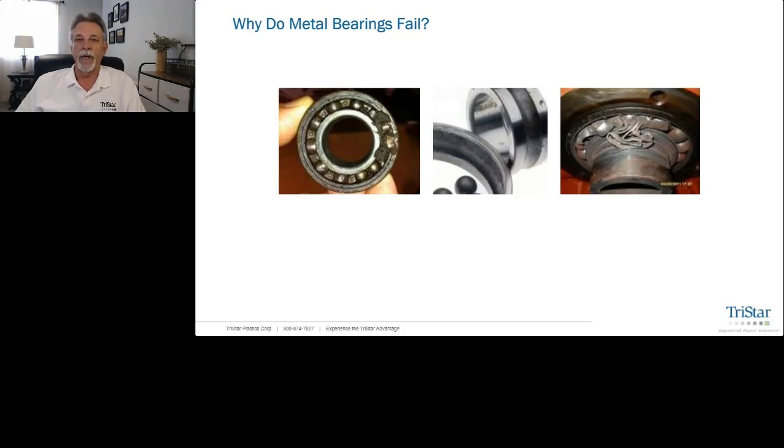We have a lot of different options in terms of non-rolling element materials. And so what we wanted to do was present some of the reasons that metal bearings do fail and how non-metal bearings can counter that. So let's talk a little bit about